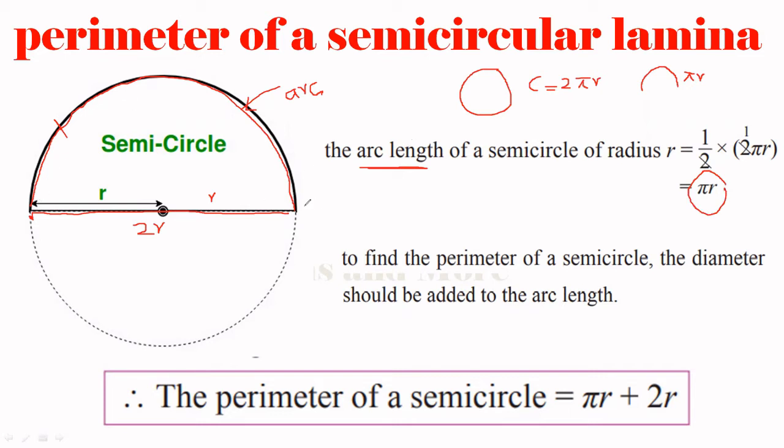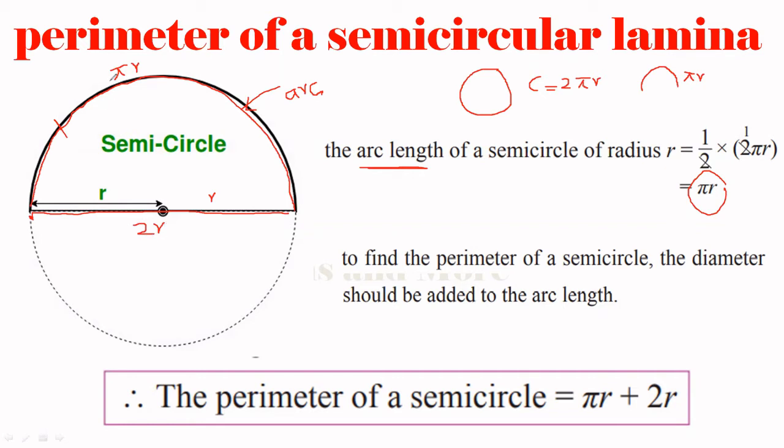So you can get the distance from here to here equal to pi r. So let's write here pi r. That length is pi r. And I told you, here to here the distance is r. Here to here r plus r, 2r. So this distance is 2r. Perimeter means length around the figure. So here the semicircle perimeter is arc length plus diameter. Diameter means 2 times radius, 2r.